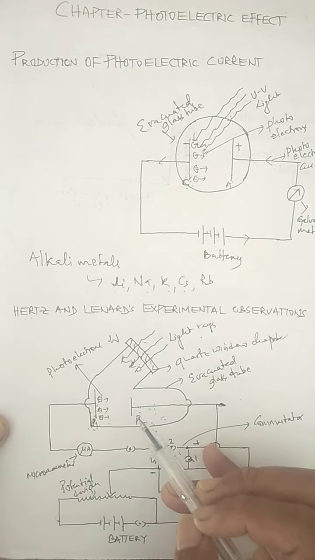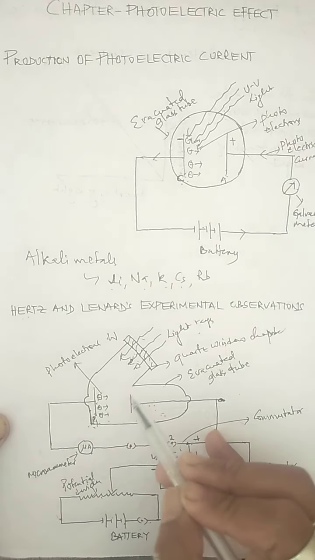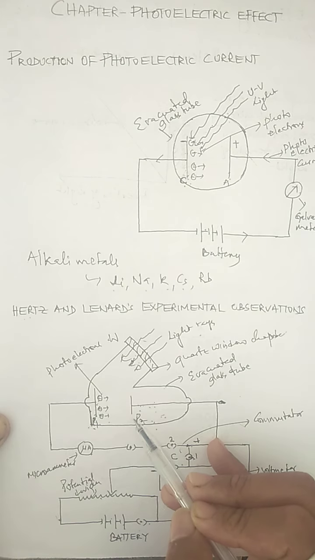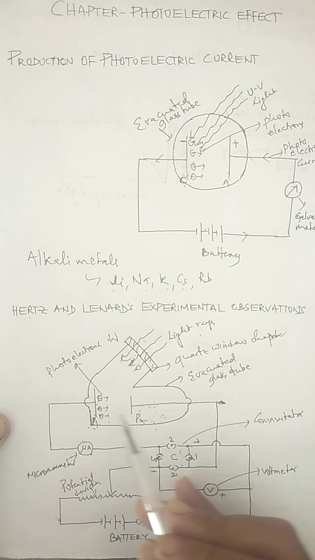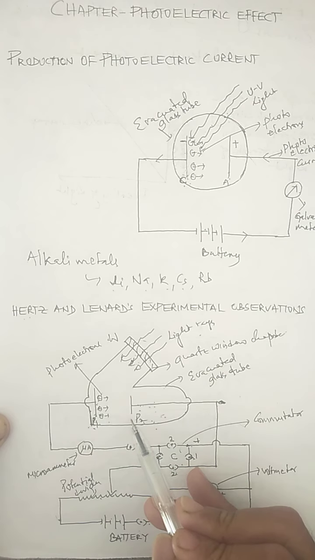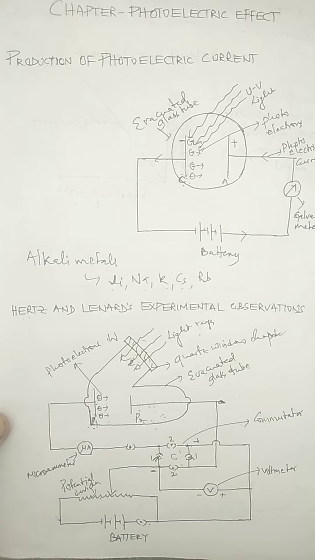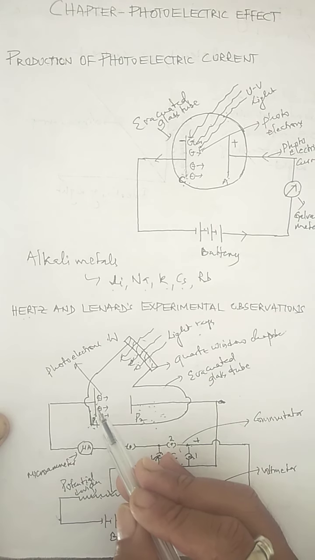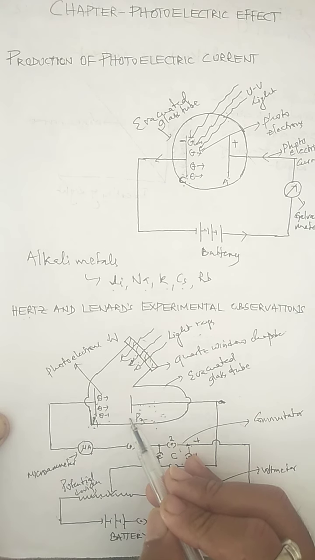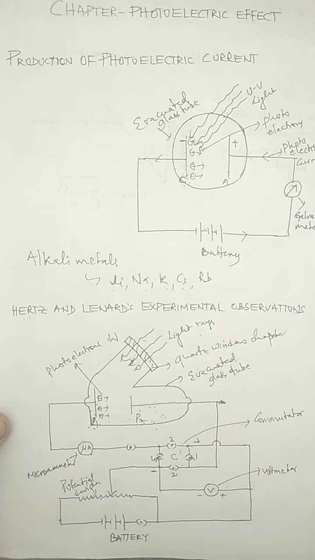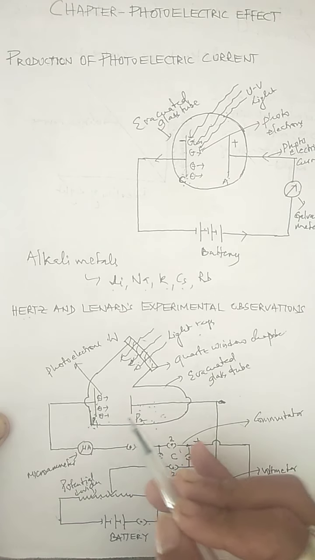So under these circumstances, when P2 is the negative plate and P1 the positive plate, and you apply a small negative potential at P2, there is a repulsion of electrons by this negative plate. Electrons get repelled by the negative plate. So what happened? The electrons moving with small kinetic energy could not reach plate P2. They were stopped in the middle, so the current, called photoelectric current, decreases.